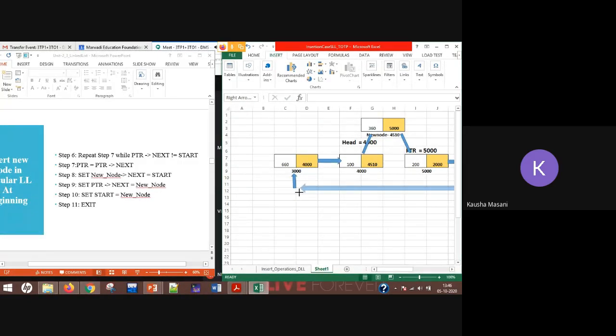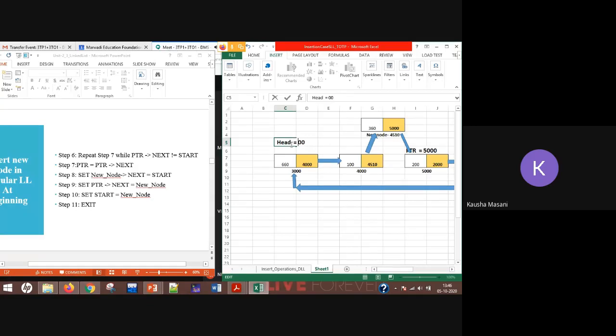This link got extended. Now what I have to do, I have to move our head because this is now my first node. So this head is no more here, it is pointing here. And the value of my head is what? Equal to my new node.